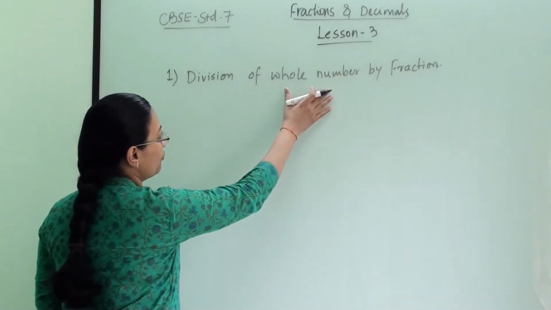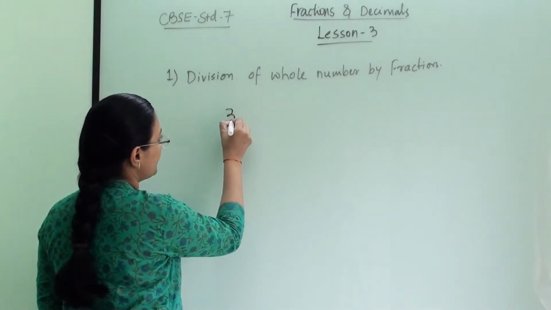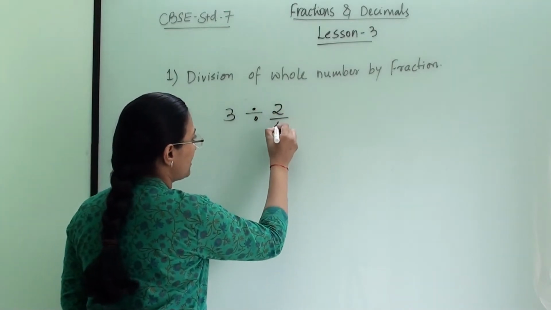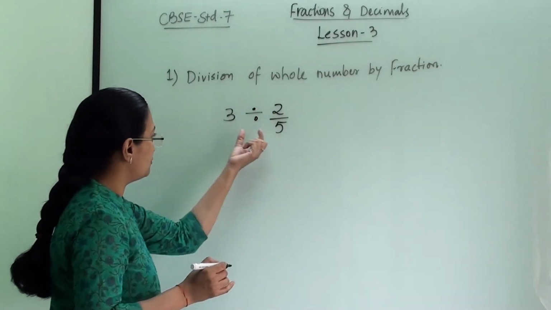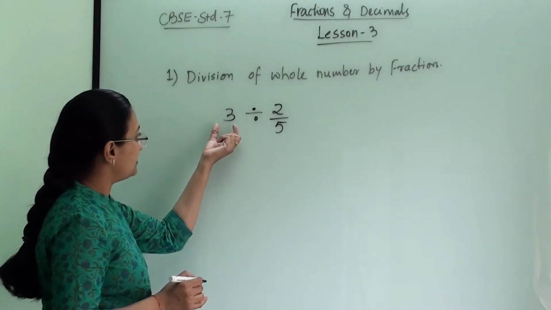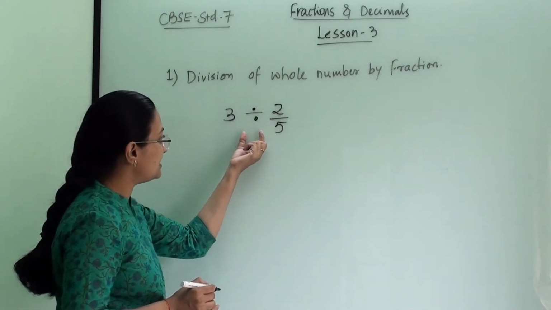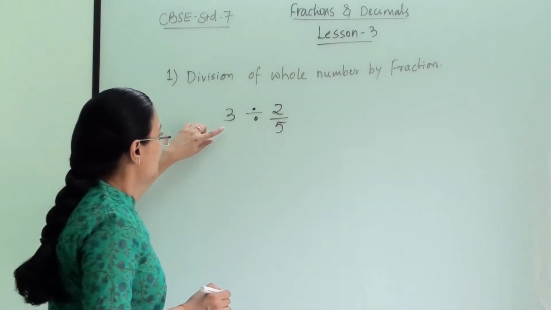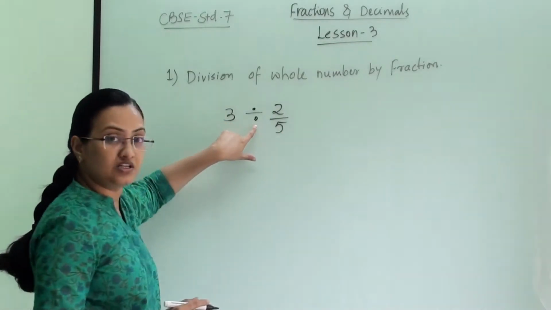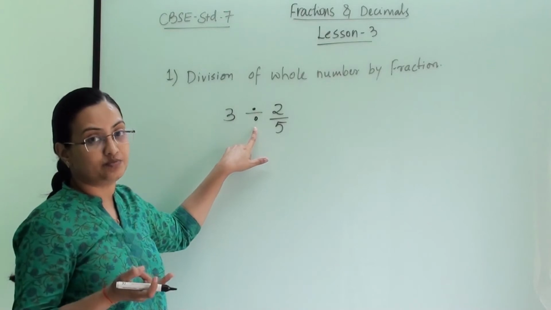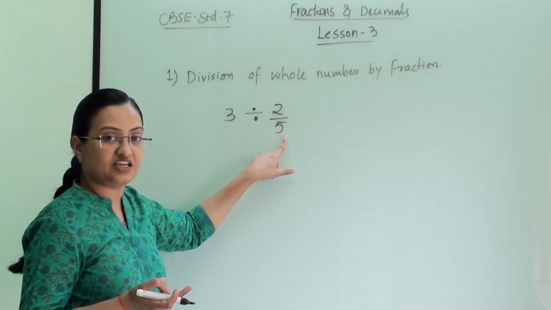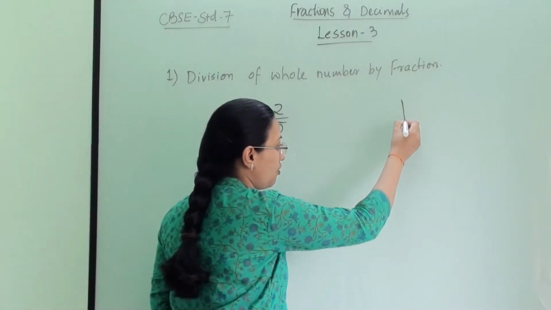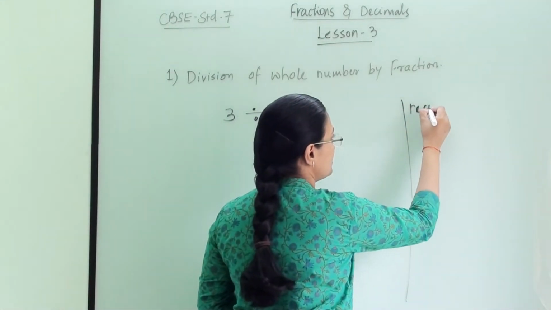So division of whole number. First of all, I am taking here 3 divided by 2 by 5. So this is my fraction. This is, for example, when a whole number is in division with a fraction. So what we will do here is first we will convert this division sign into multiplication sign, and then we will take the reciprocal of the fraction. Now what is the meaning of reciprocal? Reciprocal means